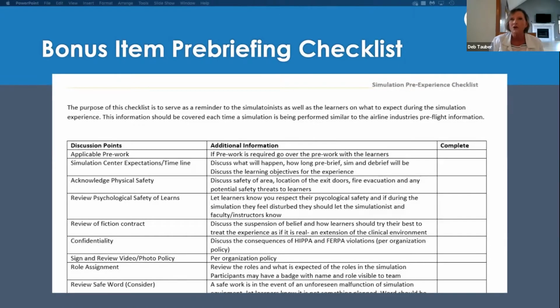Say your objective is communication between two patients, and the mannequin flops and is non-responsive, and the learners think, oh my gosh, do I do CPR? You might want to have a backup plan where you just stop there and use a safe word. So that's that item. Go ahead for the next one.